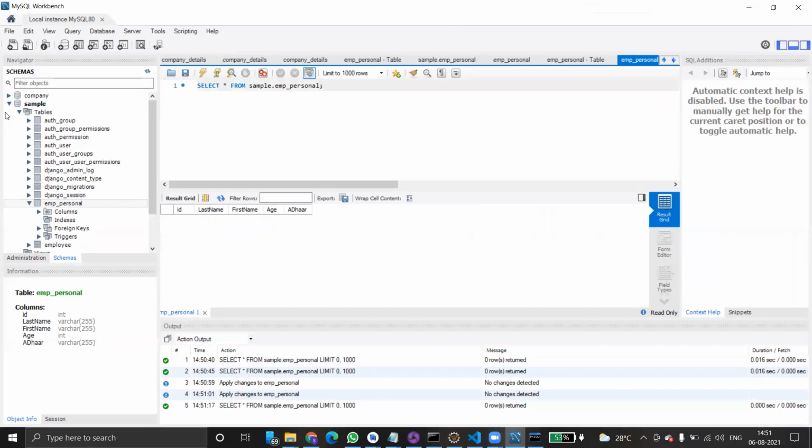Okay, no problem. We use insert into table. What is the table name? This is the table name. Just copy it. Control C, insert into, and then the values. What are the values? ID 001, comma, last name is Z1, comma, Alex, comma, 22, comma, some other number.